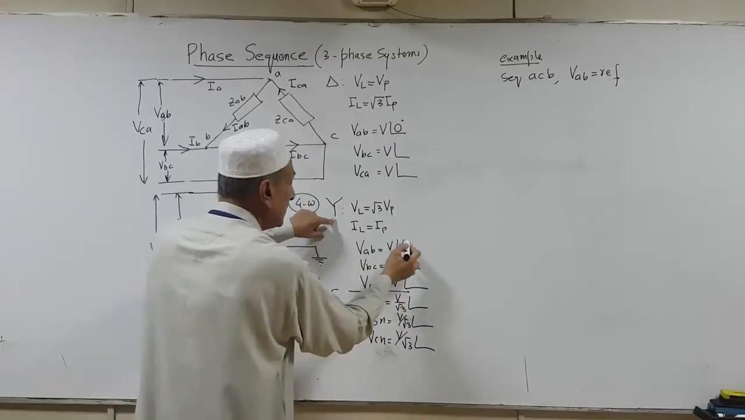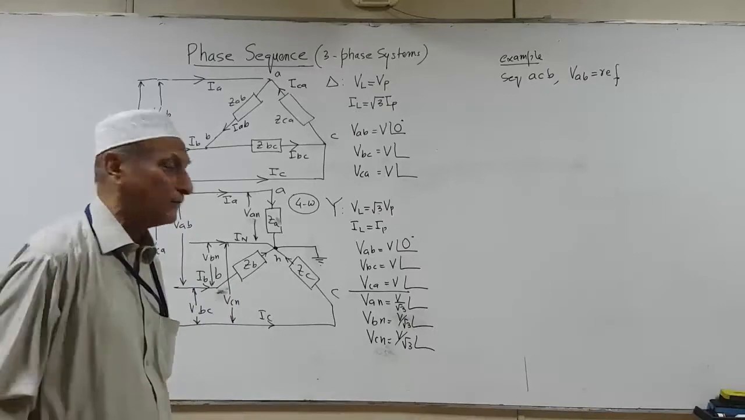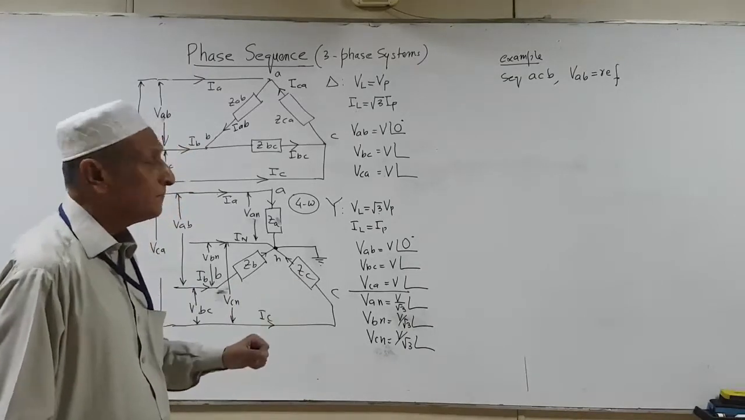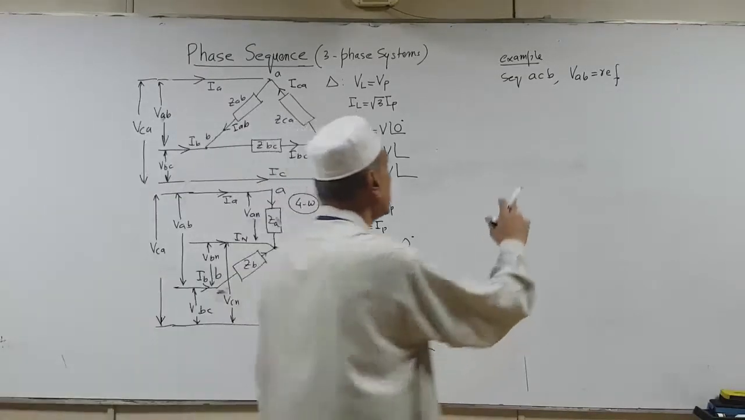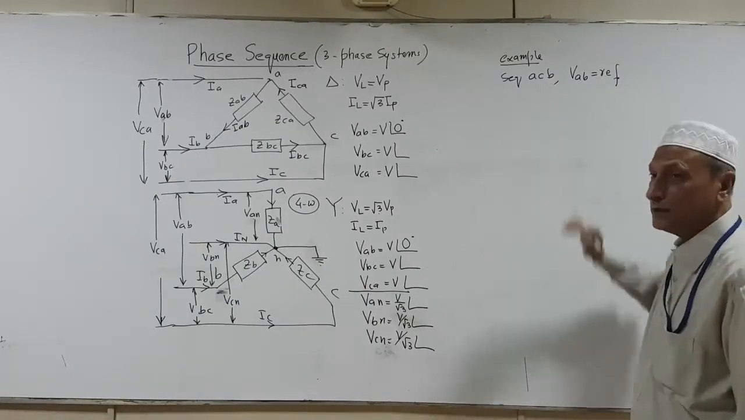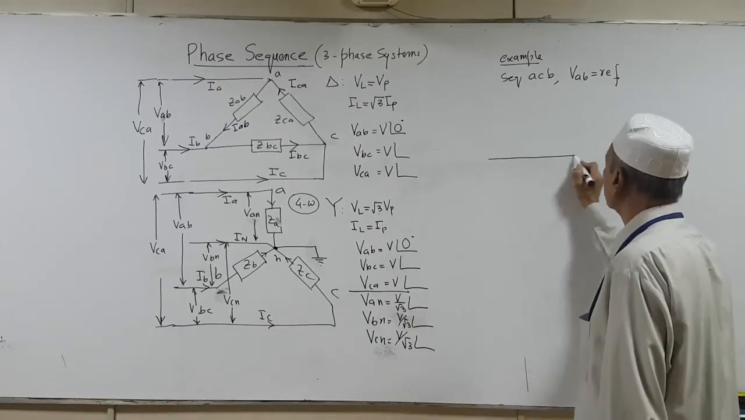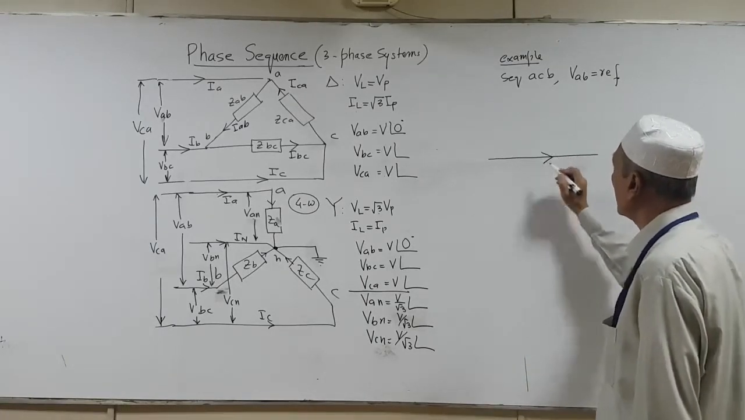So wherever we find VAB for delta or star, we put 0 degrees because this is the reference. Now let's start with evaluating the angles on the basis of the given sequence ACB. For this purpose, to start with, we first of all draw a straight horizontal line with an arrowhead which